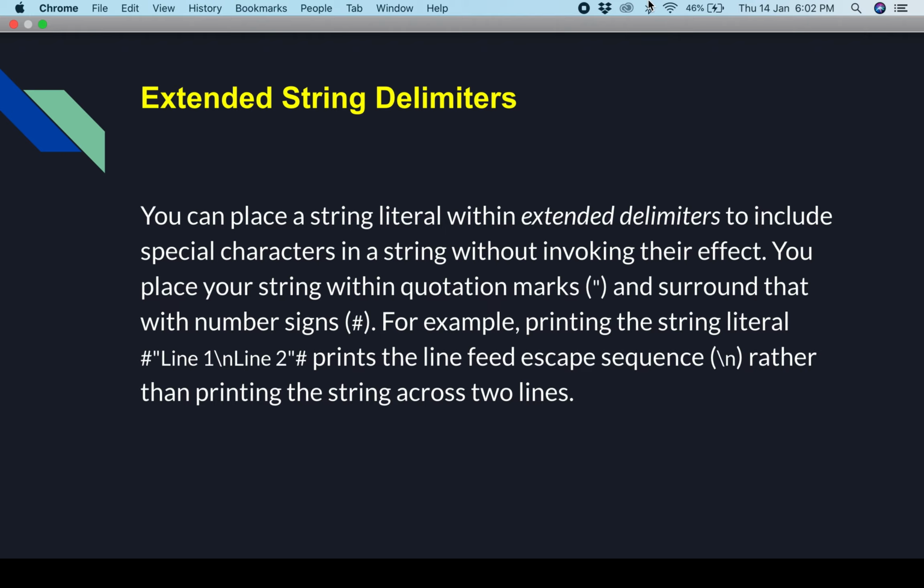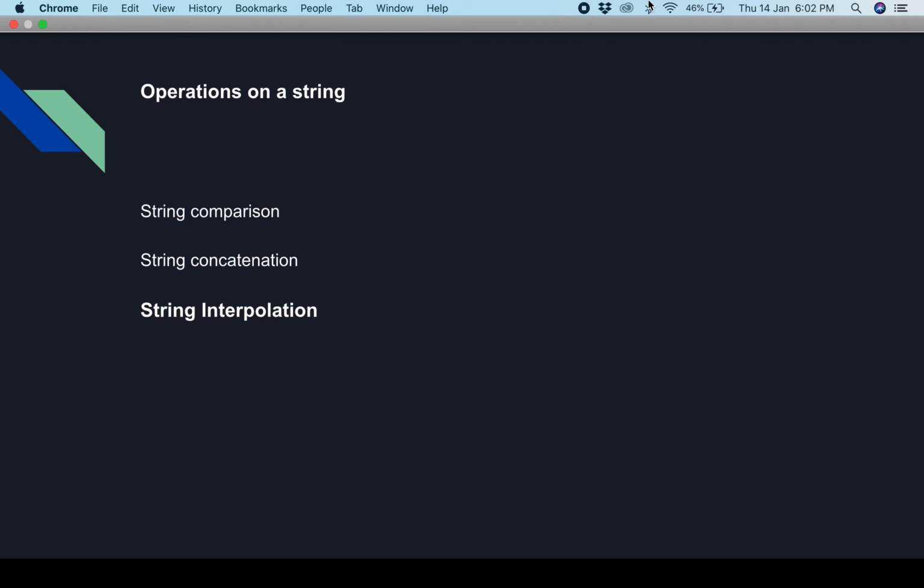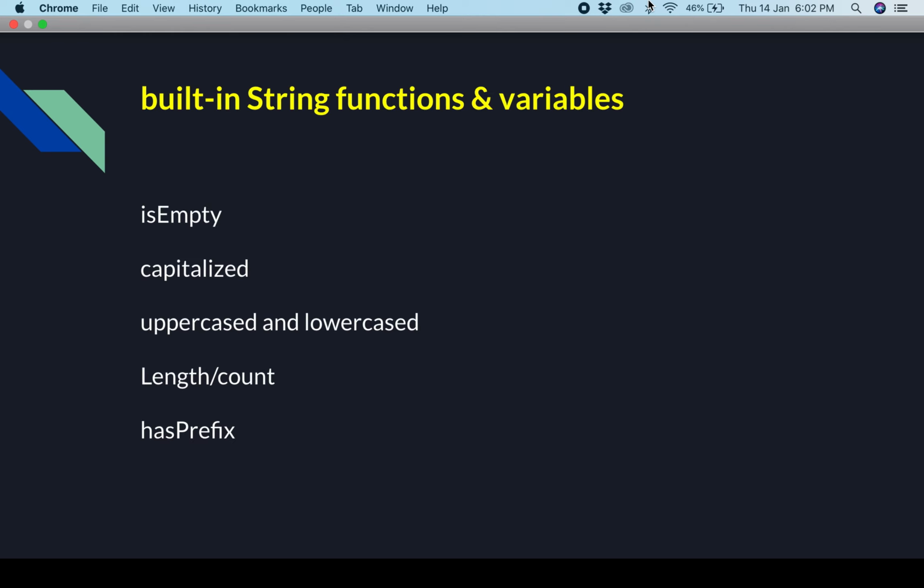Also string comparison, string concatenation, string interpolation, is empty, capitalized, uppercase, lowercase, length count, has prefix. These are some built-in string features. So we are going to discuss all these things in a separate video. In this video we are limiting ourselves to only integer, float and double.